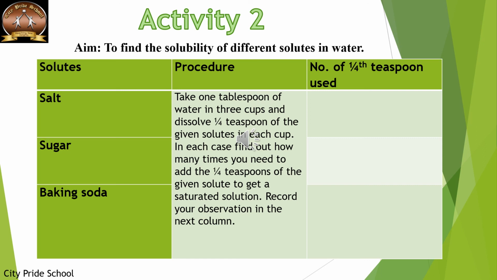So in the first cup, you will add salt. So 1/4 teaspoon of salt you will add. Stir it properly. It dissolves. Again you will add 1/4 teaspoon. So you keep on adding till you get a saturated solution. And here you're going to record how many 1/4 teaspoons you have used. Then we'll check how it